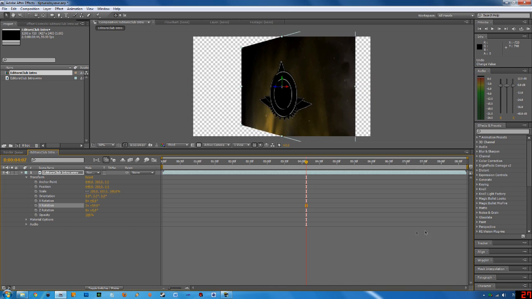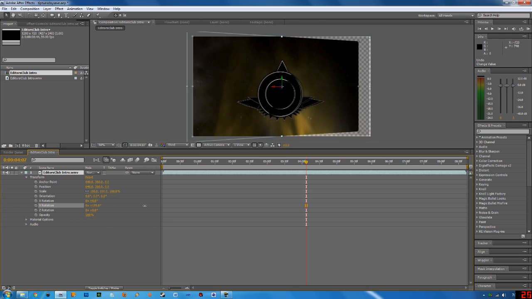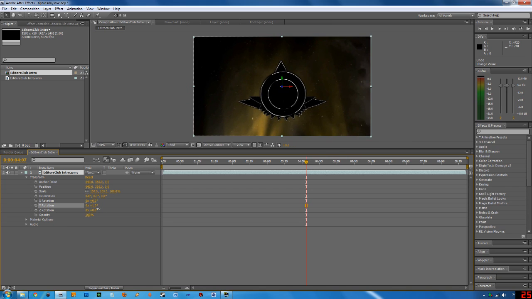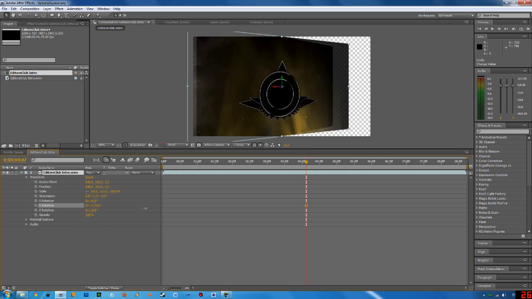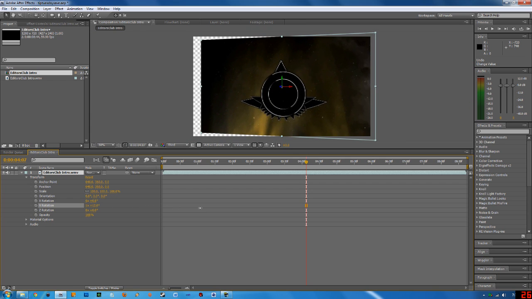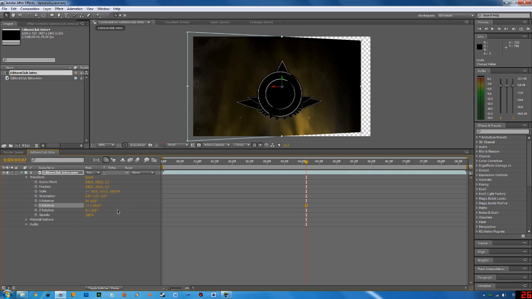You're also going to notice that you're going to have 0 and then X and then however many degrees you're rotating this by. That 0 is pretty much how many times it's been rotated. So you may have seen this in my watermarking logo video. I don't know if you've seen that, where it rotated many times around. Every 360 degrees that this spins is then going to make it go up by 1. It's going to go back to 0, and it only makes sense, but it's really useful